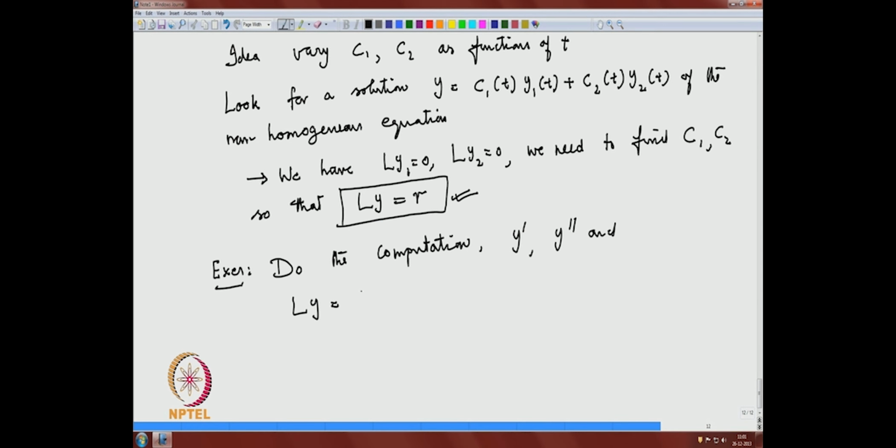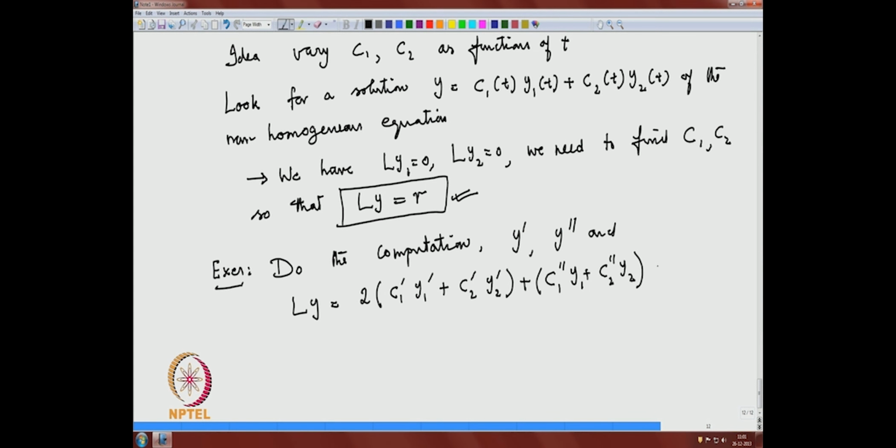You will get 2 times, you have to see where the computation comes, let us say 2 into C1 prime y1 prime plus C2 prime y2 prime, do the computation, plus you get C1 double prime y1 plus C2 double prime y2,